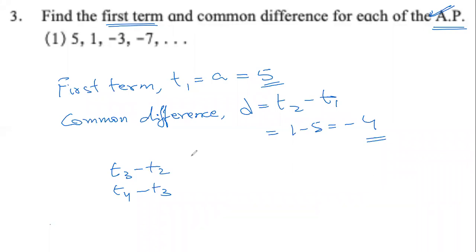But I will advise you to calculate at least two differences. So calculate this also. So you will show -3 minus 1 equals -4. Right? Then using these two, you will say D equals -4. I'm telling you again, strictly speaking, the first term is here. And because it has already told us that it is AP, we only need to do one subtraction. But it will be good if we do two subtractions and show that the common difference is -4.